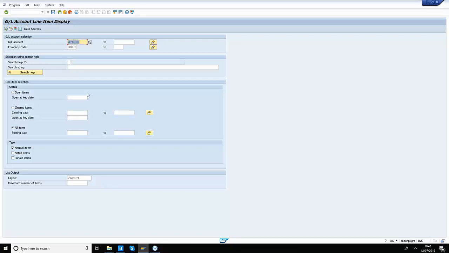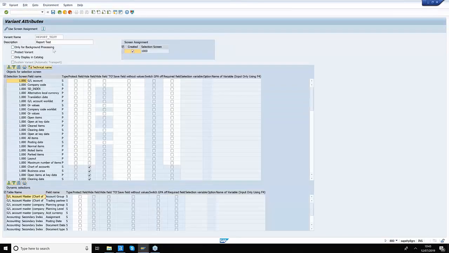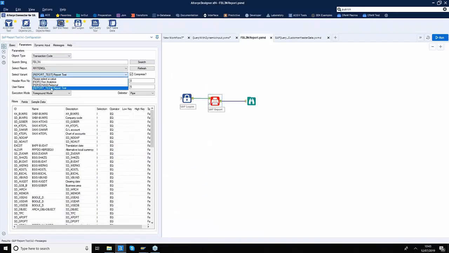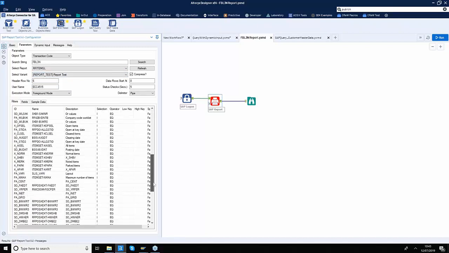So you can save your filter criteria here as a variant. For example, if I press the save button, you see this variant name appearing in a second. And that's the same variant that we are picking on the other side in Alteryx. So you don't even have to worry about populating the screen fields, etc. This is a screen variant that saves your filter criteria within the SAP system, and then you can pick that report variant on this side. So you don't have to populate any of these fields if you do not wish to.